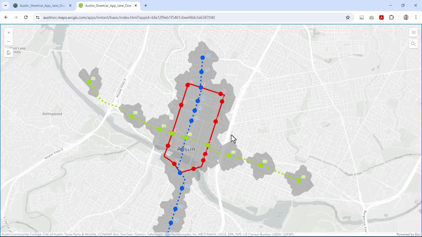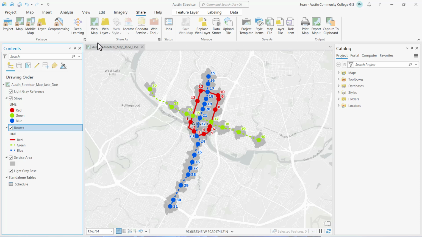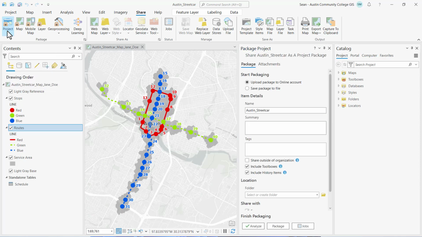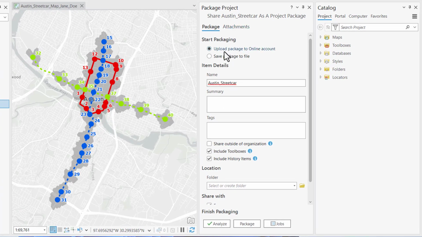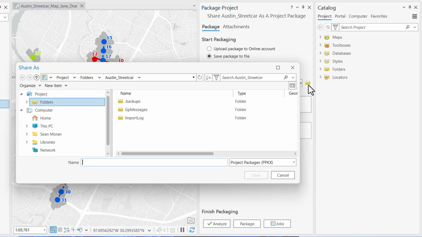Now that you've successfully created your web app, you need to create your ArcGIS Pro project package to submit to your Blackboard course website. So we're going to return to ArcGIS Pro, and then on the Share ribbon on the very far left side in the package group, we're going to click on Project, and that's going to open up the Package Project GeoProcess. Under Start Packaging, we need to select Save Package to File, and then of course we need to browse to the location we're going to save it to make sure that we know where we saved